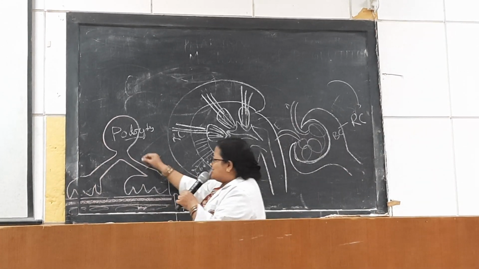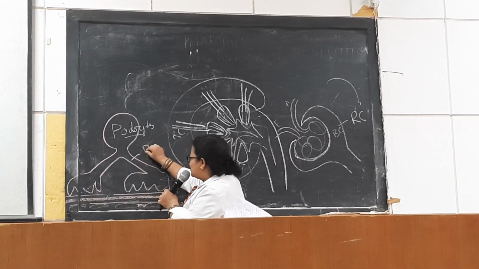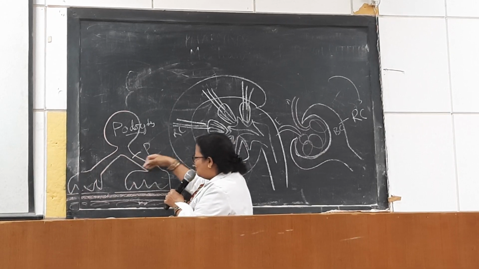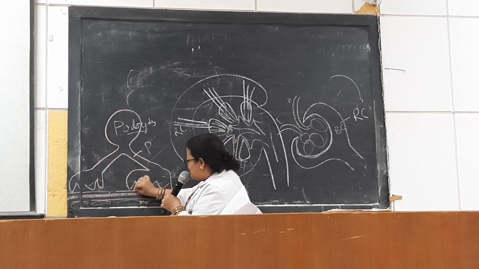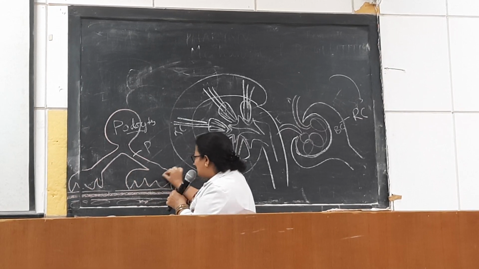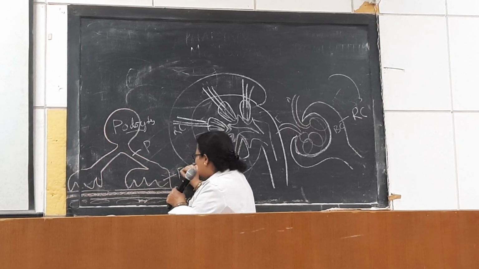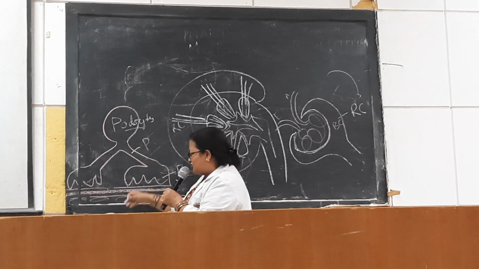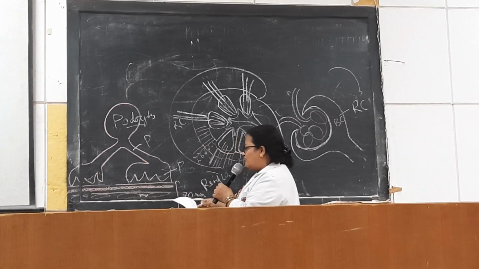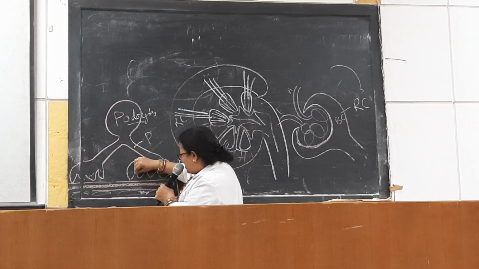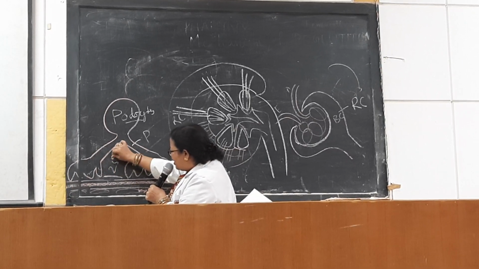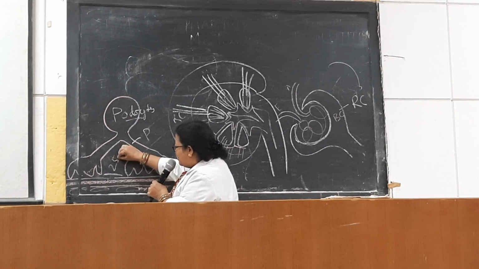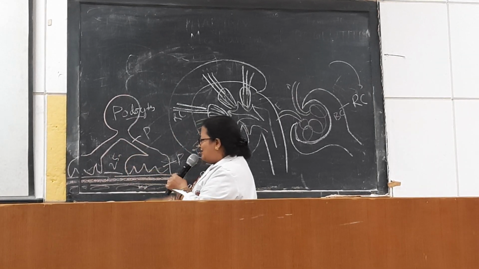So these podocytes have primary foot processes which are parallel to the basement membrane, and secondary foot processes which are touching the basement membrane. So these are the secondary foot processes and these are the primary foot processes. These are the three components, and between the adjacent foot processes there is a gap of 25 nanometer, which forms the slit diaphragm.